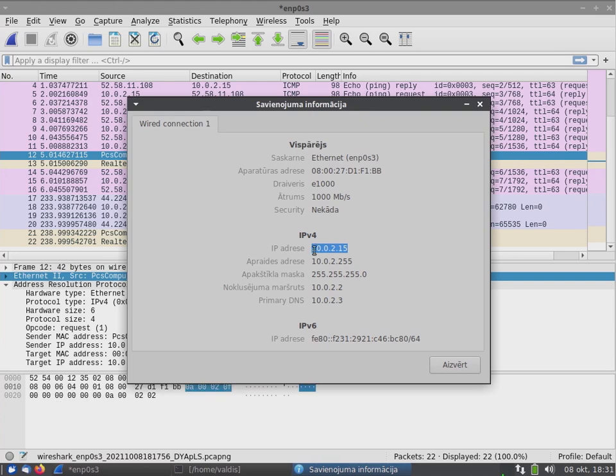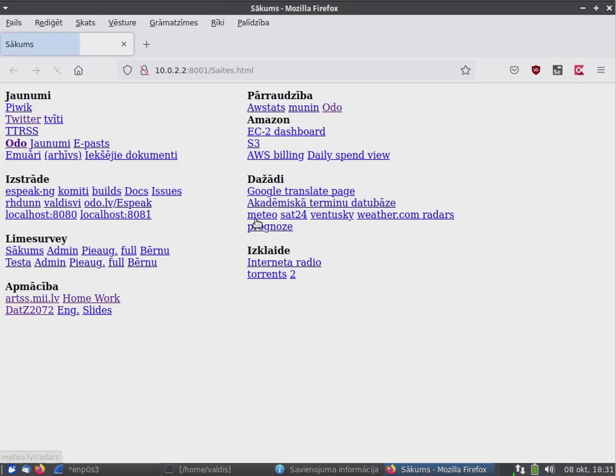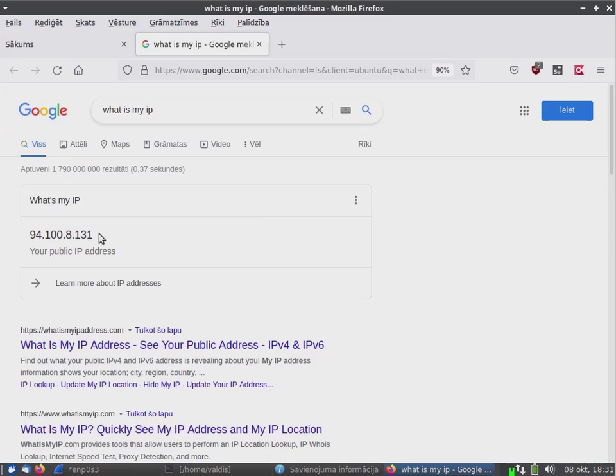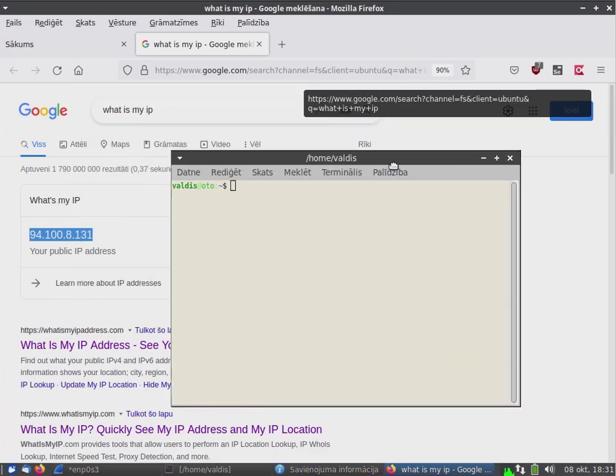And because of that you see that this address for this particular computer is following, but if you open some service, it is following. So this particular computer, and I can show, for example, my physical computer here.